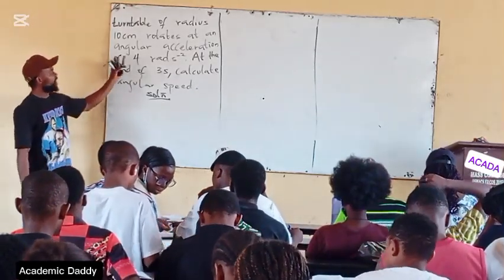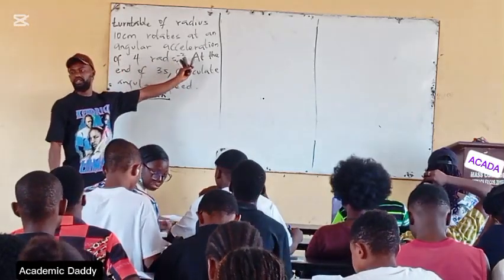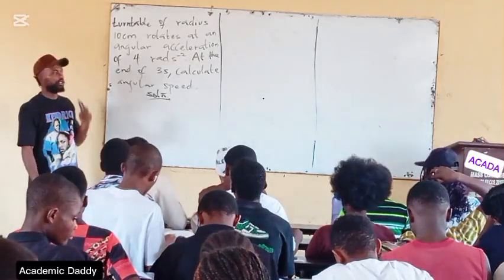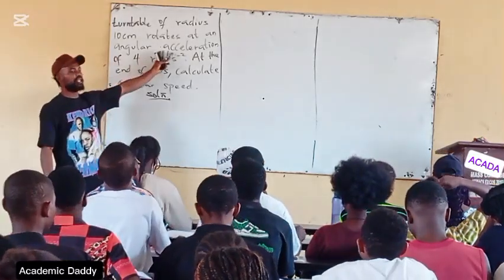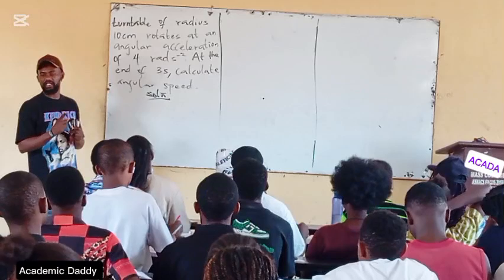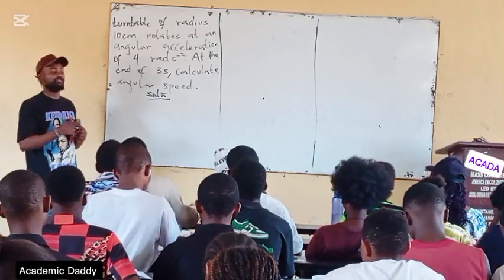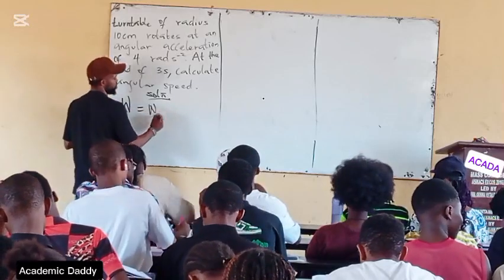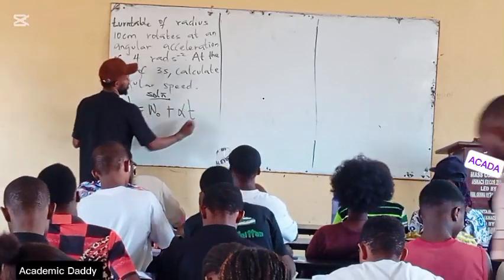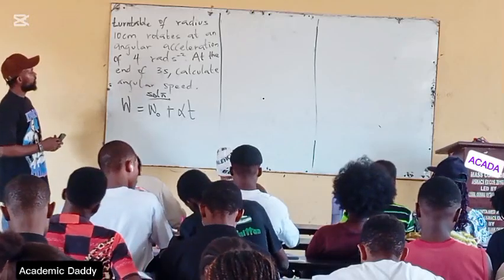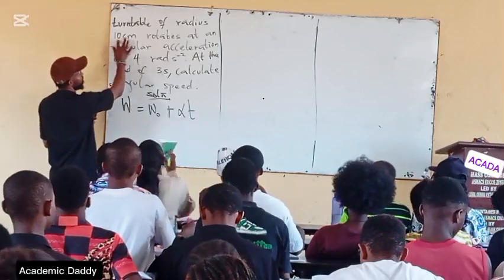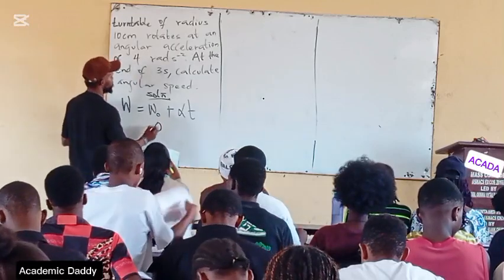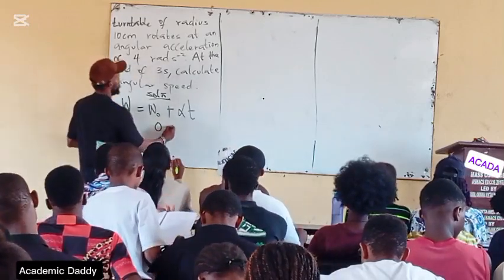So please, remember yesterday we said that once you see acceleration, the first thing we need to think of is the equations of uniform circular motion. Is it not true? Yes. And I said that if they give you acceleration and they did not mention the initial velocity, take the initial velocity as zero. For that equation, omega equals omega naught plus alpha t. They did not give me any radius, so it has nothing to do with radius. Then my initial velocity will go to 0. Then plus